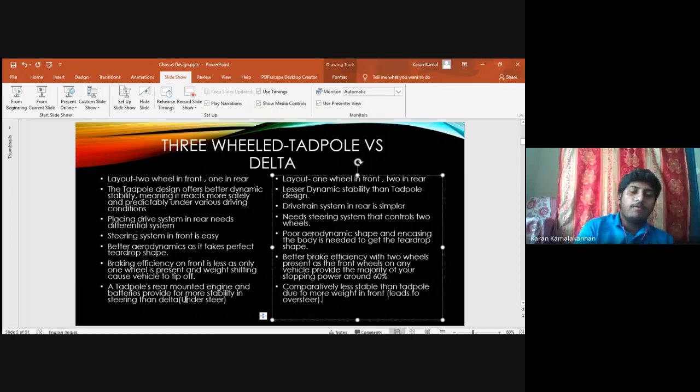Now, what are understeer and oversteer? They are steering characteristics when the vehicle takes a turn at either low speed or high speed. Understeer is when the vehicle tends to turn less than what we expect. If you're taking a turn of a certain radius, it won't give what we expect, and it will sometimes move out of the track. That is due to understeer in the vehicle, where the front has more weight than the rear.